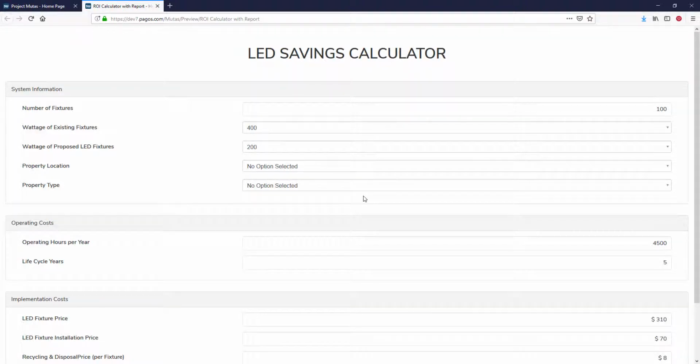Hello everyone and welcome. One of the most exciting features in version 6.8 is the ability to add charts you